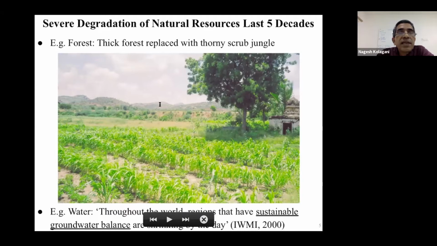You can see that they're quite, I don't know if you can notice, quite degraded. There's no vegetation there. You go there and you will see about 3 feet or 5 feet height of thorny scrub jungle. There's no topsoil. The soil, the land, is almost like rock. All the topsoil has got washed and it fills up these water bodies.